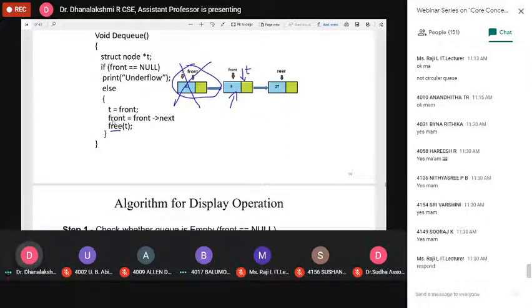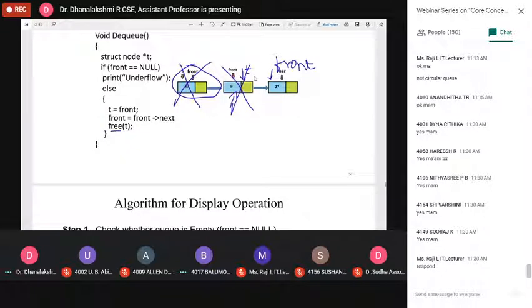Then change the front position: front will point to front of next, assume this is the address of the next node. Now this is my front. Then call free of t, which deletes a node.